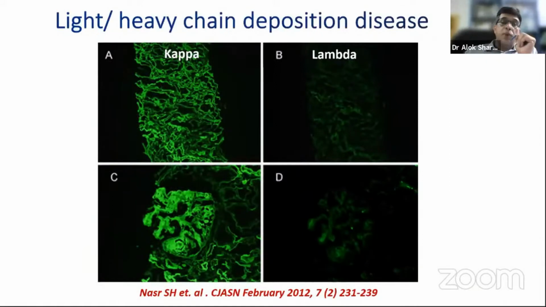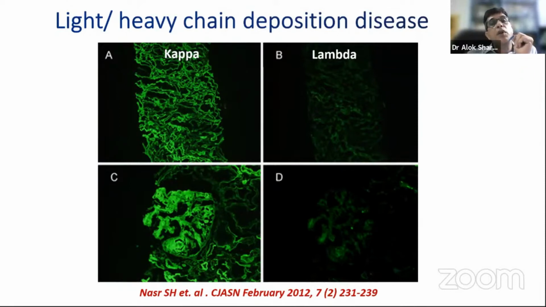Another aspect of a paraproteinemic disease is the light chain deposition. In light chain deposition, the light chains themselves get deposited in the renal interstitium and glomeruli. So they do not give a granular pattern. These are not immune complexes. Most of the time, this pattern is linear. So you get a linear pattern along the TBMs and the GBMs of one of the chains, depending on what's circulating, monotypic kappa or lambda. So this is the light chain deposition disease.